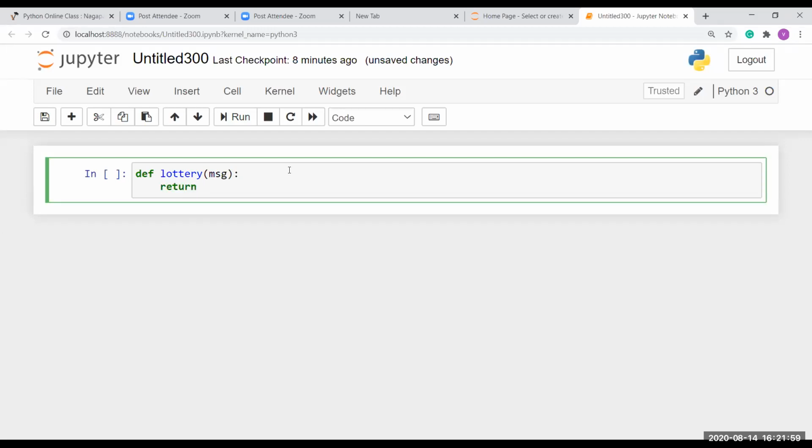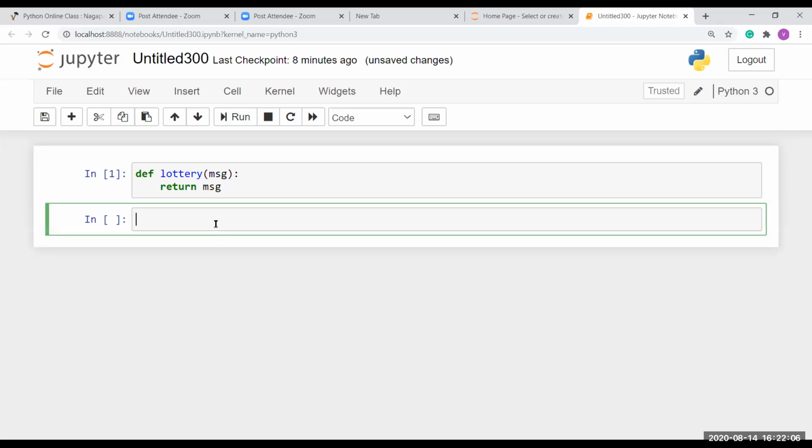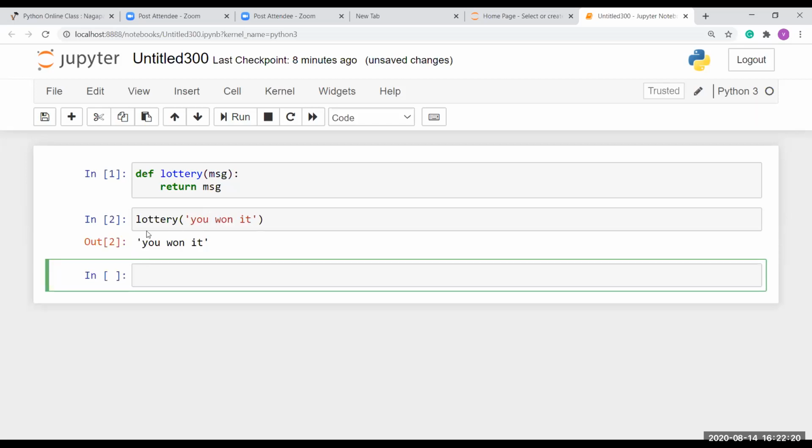That's all. Now I run this. Here I'm going to call my function lottery and pass some message, you own it, and it returns that, right? This is a simple function.